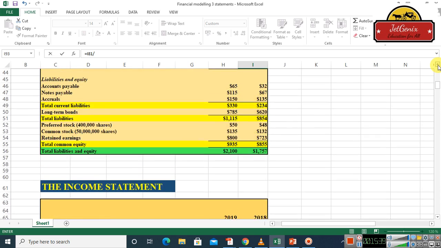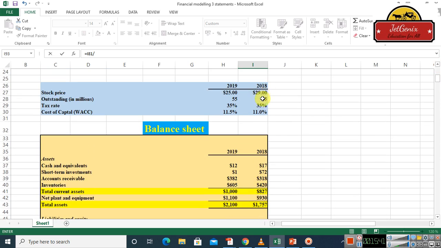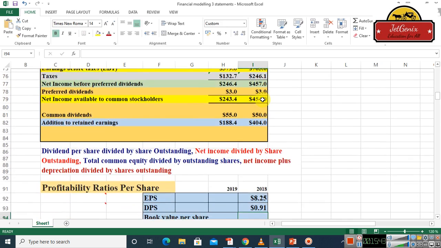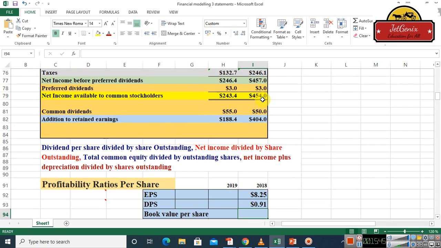Okay, and the outstanding shares, again, it's here for 2018. Press enter. So the dividend per share is 0.91 per share. Okay, and if we want to calculate the book value per share, we are going to calculate the total equity,